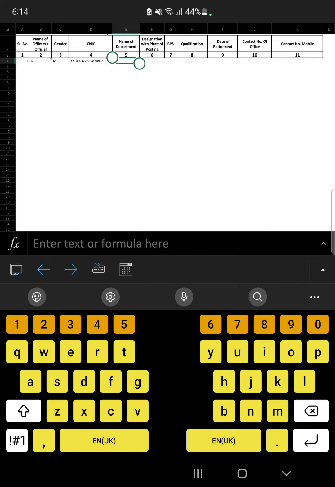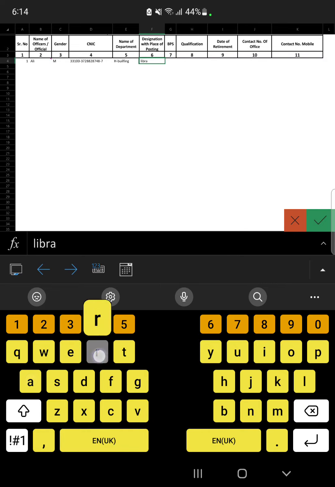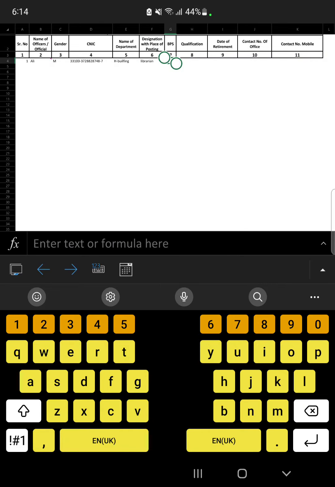Then comes the name of department. H building. Now comes this part, designation with place of posting. For example, if the person is moving to some other department like librarian, you can type here. The scale is 17, qualification is masters,